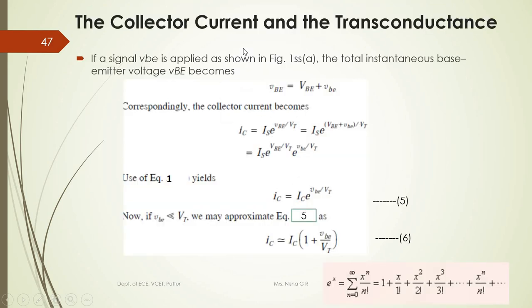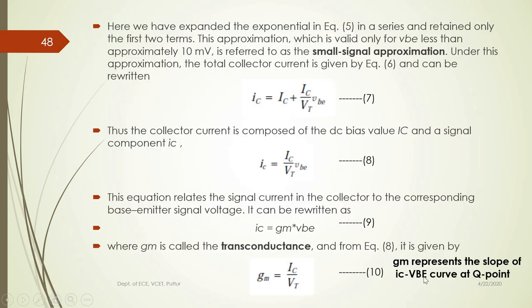So start from this one, then you write those 4 equations, then you write down this one, then the collector current, and then this is very important. If vbe is very much lesser than VT, then your equation 5 will become like this. This is because of the exponential expansion in series. You can write this as a note, then expand that, remove the brackets, and then you consider this one. This is small letter ic.